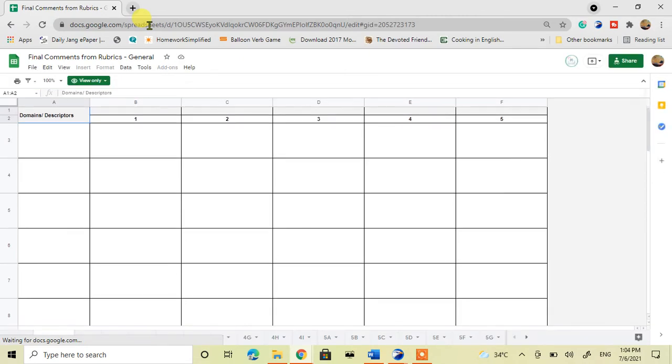This is a Google Sheet file, and you can see I have mentioned all the classes here. For now, since we have only shared the data of grades 4 and 5 for some particular subjects, we have limited this model to 4 and 5, but this can easily be extended to any grade you want. You have to coordinate with us, and then we can do it later. But in this video I'm just sharing how you can use it.